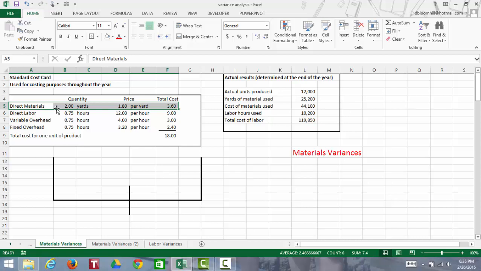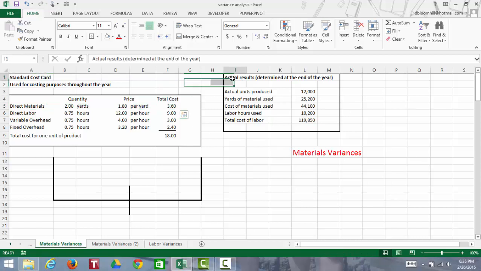So for 1 unit of product, you need 2 yards of material. That material costs $1.80 per yard. So the standard cost of materials for 1 unit of product is $3.60. You're going to use that throughout the year to cost your cost of finished goods and your cost of goods sold. Now, at the end of the year, you're going to have these actual results,